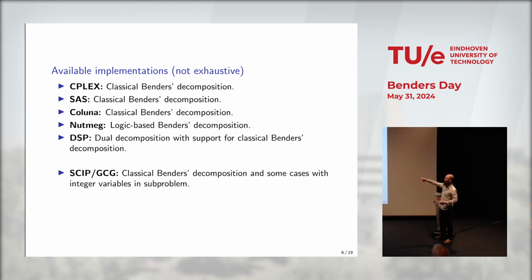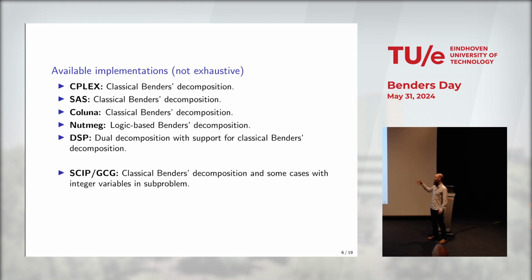I've made SCIP separate, not just because I wrote it, but because there's a slight difference from the ones above. The previous ones pretty much treat it as a black box, so you can't really do much with them. You just put in your problem and get an answer using Benders. With SCIP, there's a little more flexibility available. I'll talk about that a bit more, but the other difference is that there are some extra cases that can be handled by SCIP.